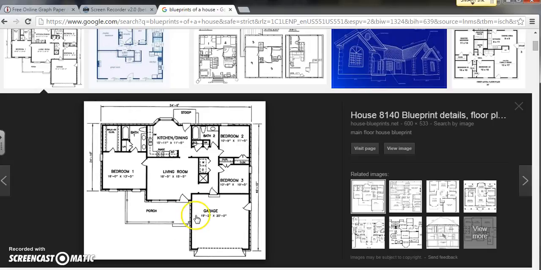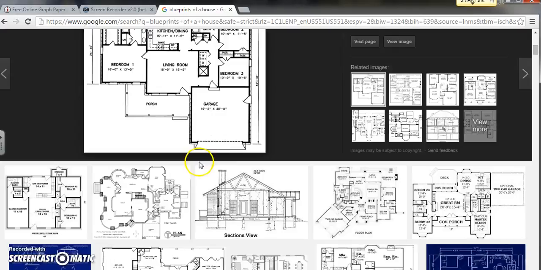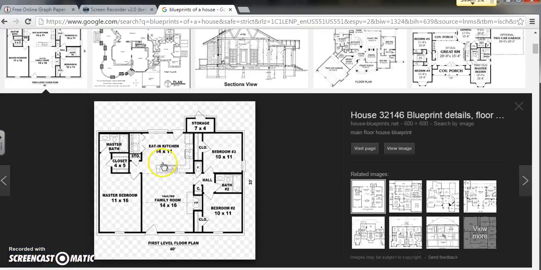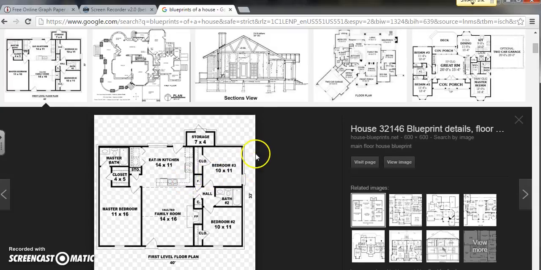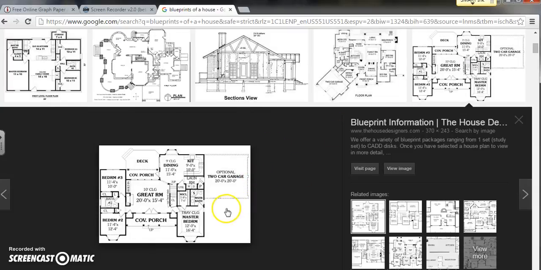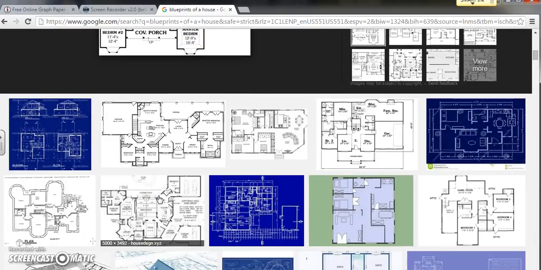Just to show you real quickly, another couple more blueprints. Here's another blueprint that we've seen. Here's another blueprint. Notice how it has the dimensions: 14 feet by 11 feet, 7 feet by 4 feet, 10 feet by 11 feet. So blueprints have, here's a more complex room. Notice how it has an optional 2-car garage. We have a dining room, a kitchen, a laundry room, a master bathroom, a porch, a great room. So they can get fairly complex if you